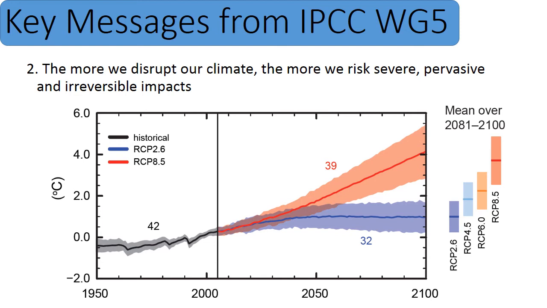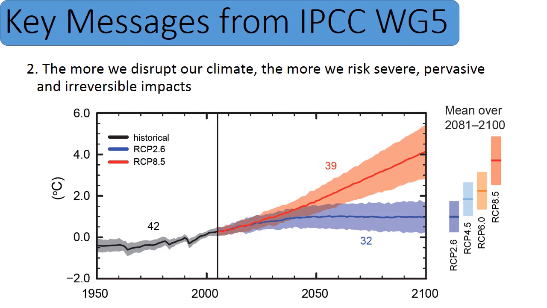Now, this graph shows us what would happen to global temperatures based on two scenarios. So on the left, the black line is what has happened to the temperature based on carbon dioxide that we have already emitted. Over to the right, we see two different lines. The red line, which is going up, and then the purple line, which is not going up as rapidly. So the purple is increases in temperature if we substantially decrease the amount of carbon dioxide that we are emitting.